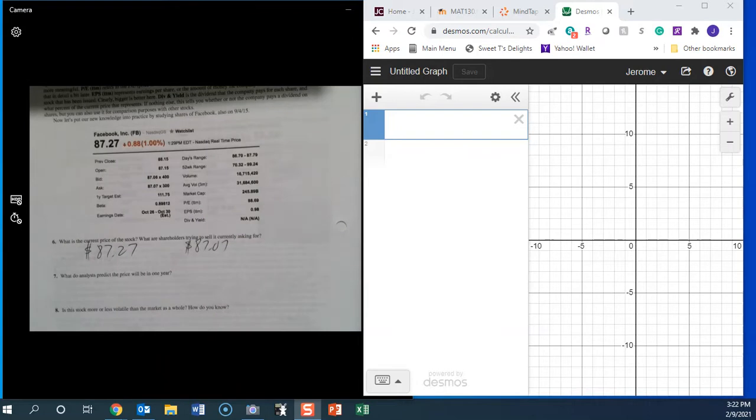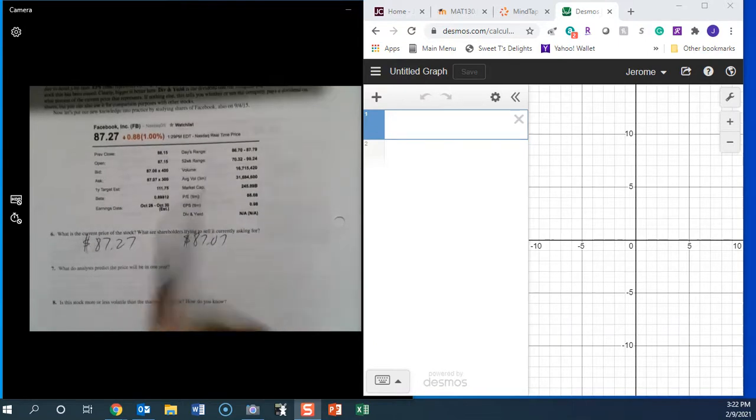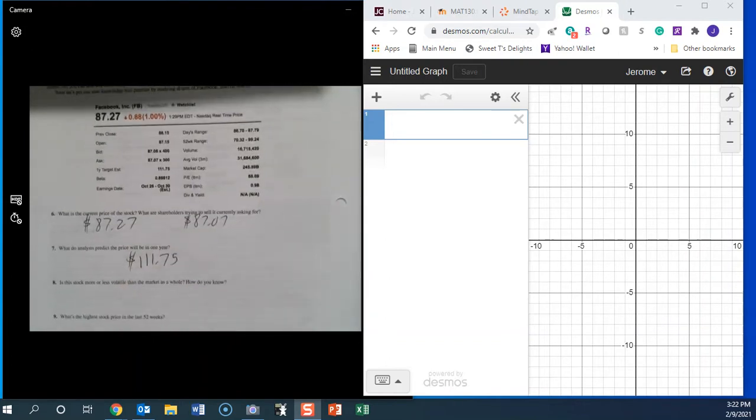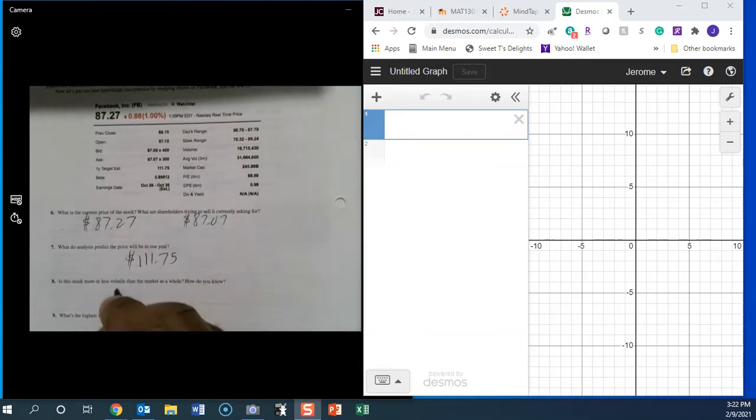All right, now, what do analysts predict the price will be in 1 year? So we'll go to the 1 year estimate, which will be $111.75. Now, number 8, is this stock more or less volatile than the market as a whole? So we'll go to the beta, and the beta is less than 1, so it's less volatile